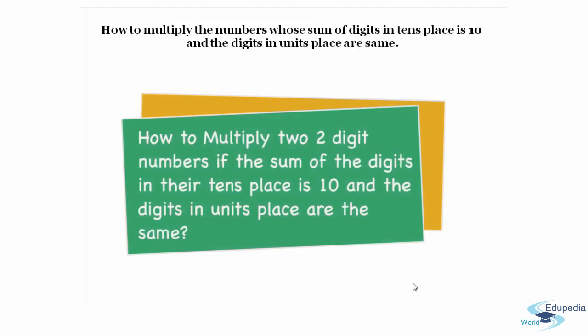In the last sessions, we have already seen some examples regarding the technique of how to multiply two-digit numbers in which the digits in the tens place sum to 10 and the digits in the units place are the same. Here in this session, with regard to the same technique, we are going to see one more example. And the example that we are going to see in this session is